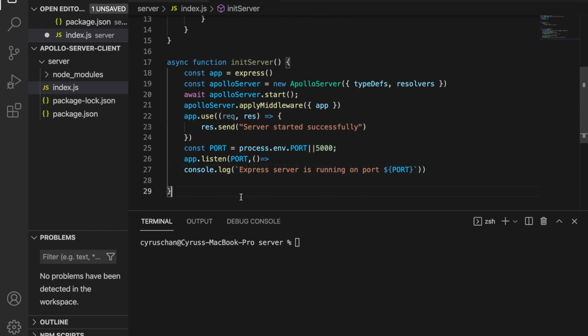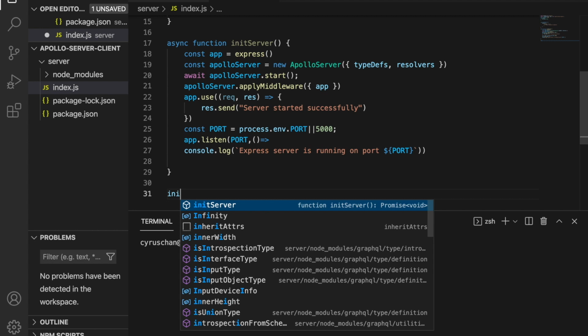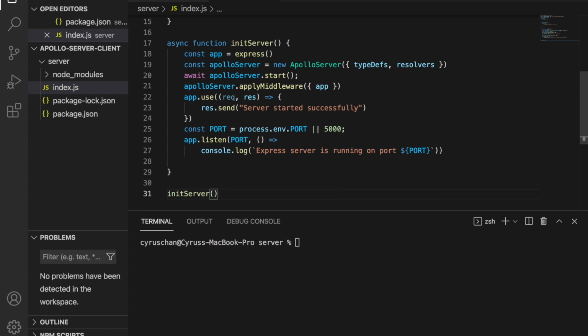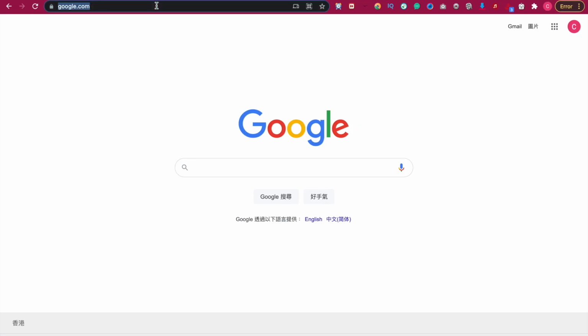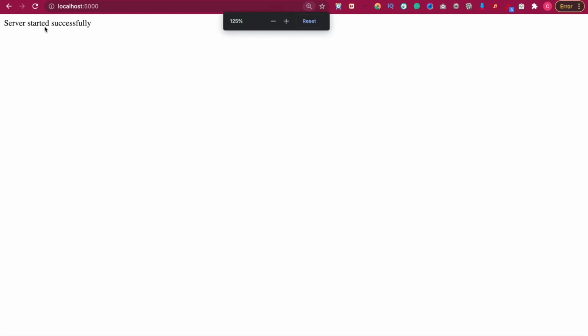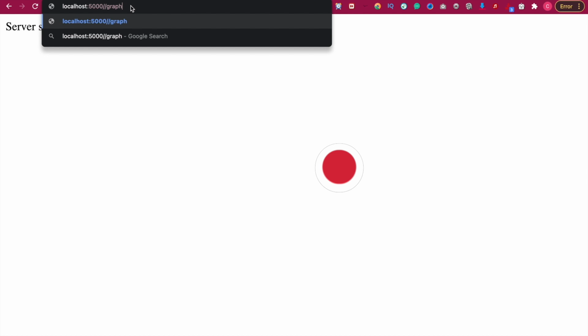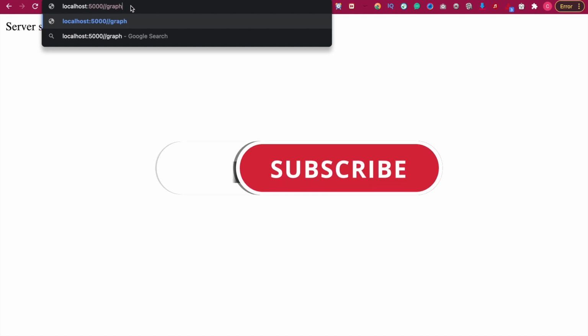And at last we have to call initServer, so we save it, and then we try to start the server by typing nodemon index. Now you can see it starts running on port 5000. So now if we type localhost:5000, it will return the string "server start successfully", and we can go to GraphQL by typing /graphql,